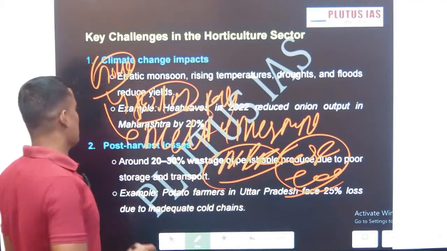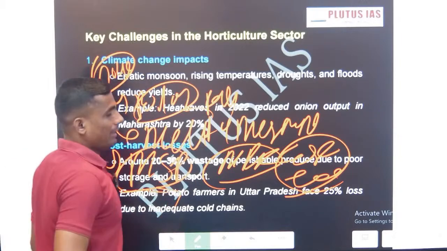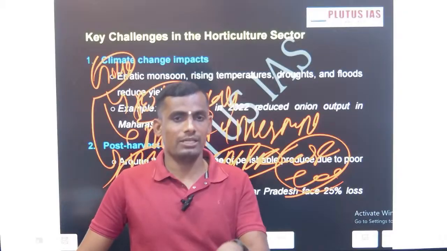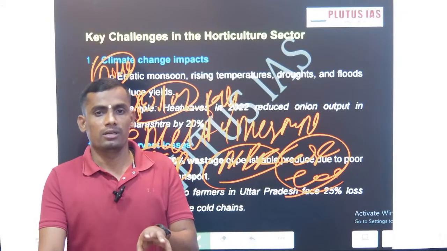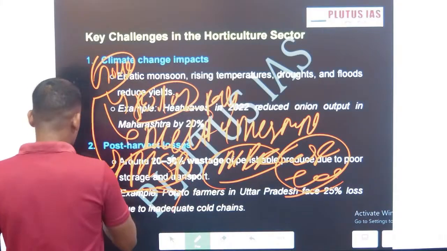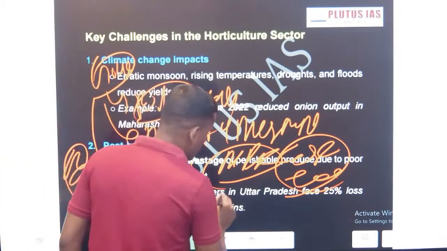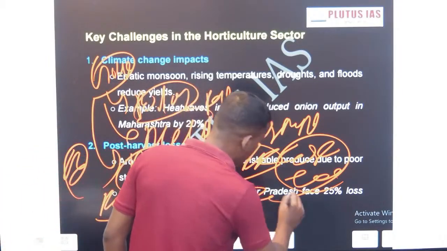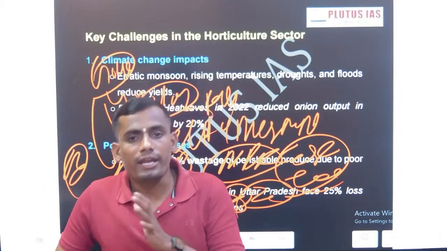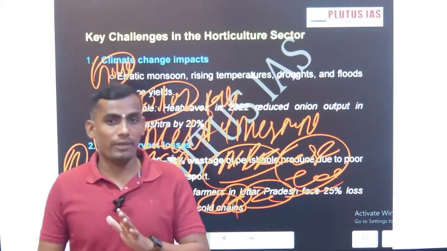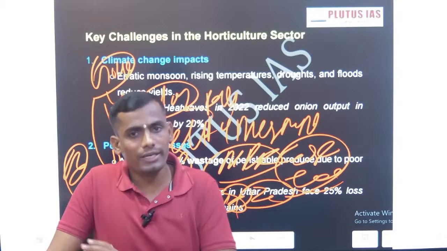The next one is the MSP support from the government side. Tell me how many horticulture crops, particularly vegetables and fruits, are getting MSP. Out of 22, pulses, cereals and food grains are getting it, but only one or two out of 22. Not all, but I'm saying almost most of the horticulture crops, fruits and vegetables, are not getting MSP support.